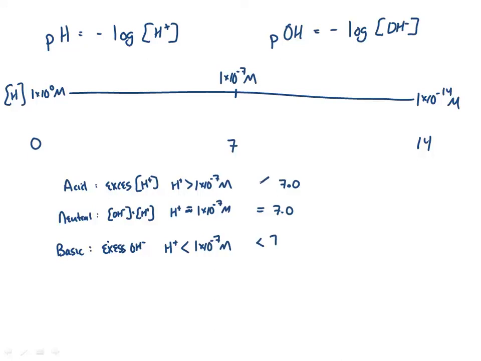Acids have pHs less than 7.0. Bases have concentrations or pHs that are greater than 7.0. Whoops, I had those flipped. Mostly because I'm not thinking. So this is our definition of a base. This is our definition of an acid. And of course, in the middle we have